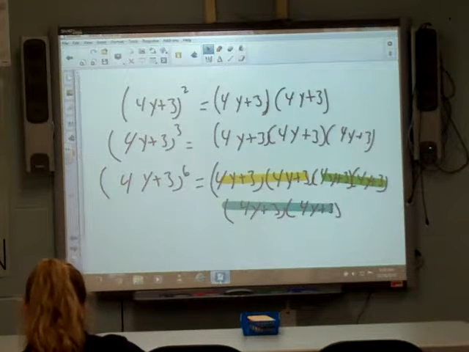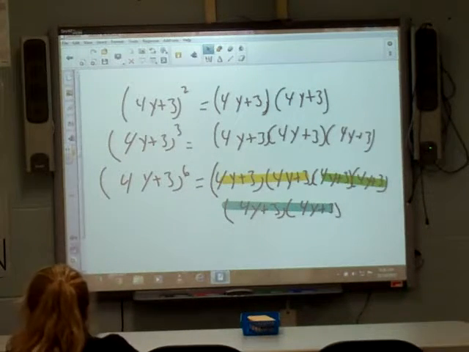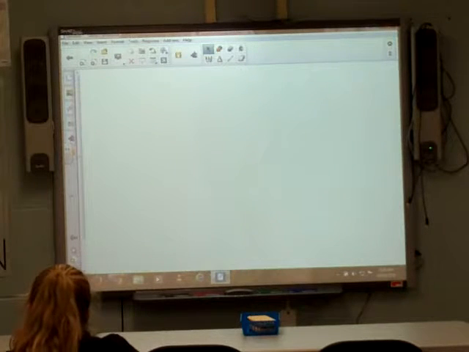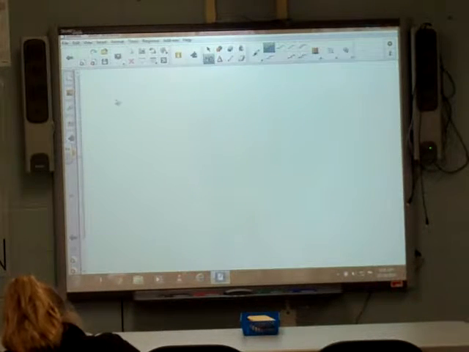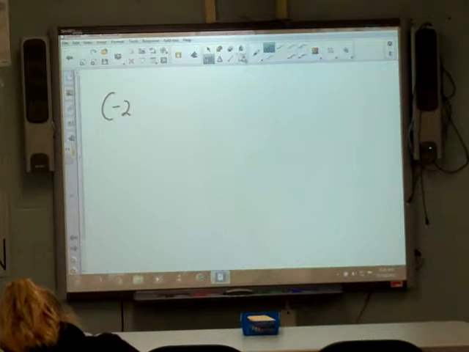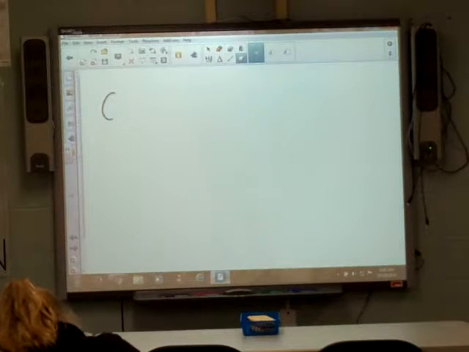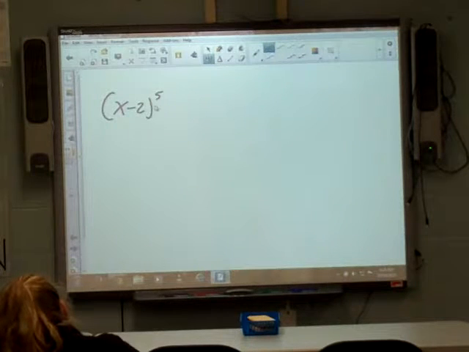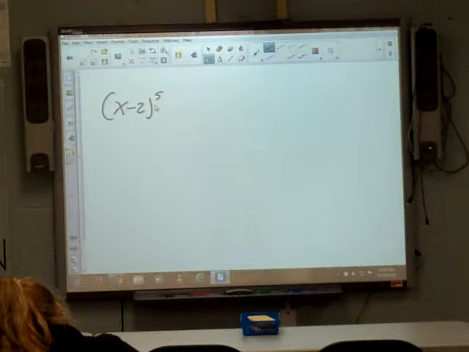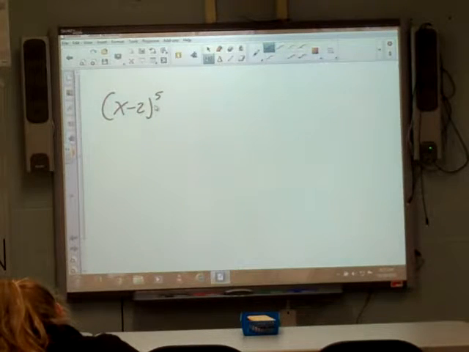Alright, turn the page. I'm going to look at x minus 2 to the 5th power. Now remember, your options are, you could write that out 5 times and start foiling and go to town with that, but we're going to use Pascal's triangle this time to do it. First off, since that's the 5th power,